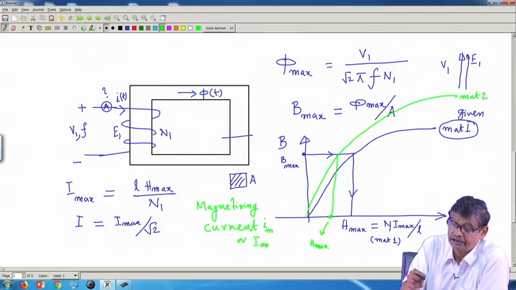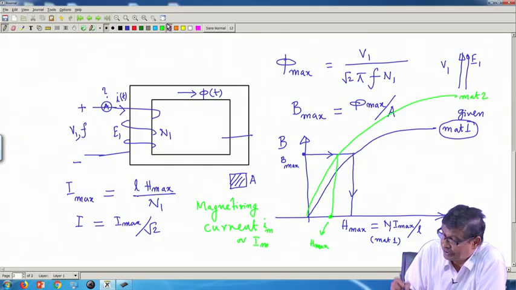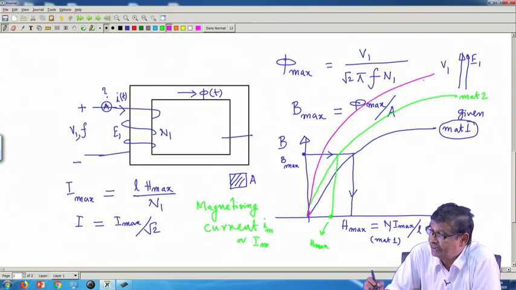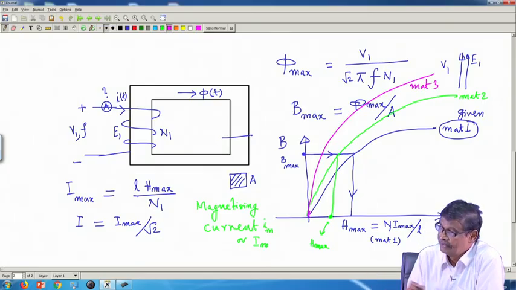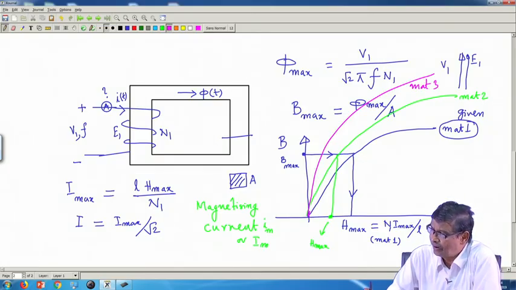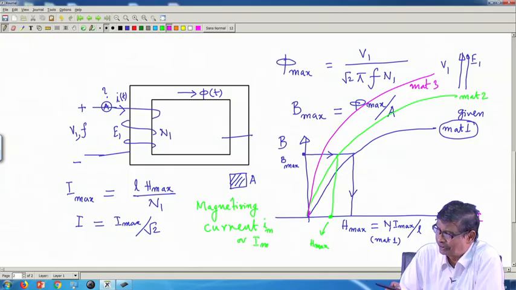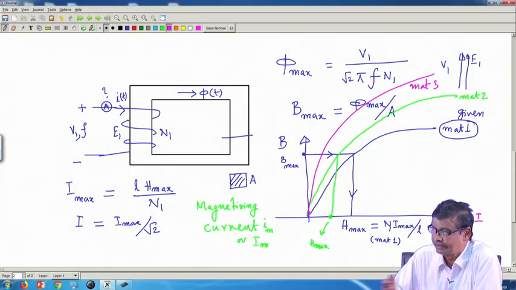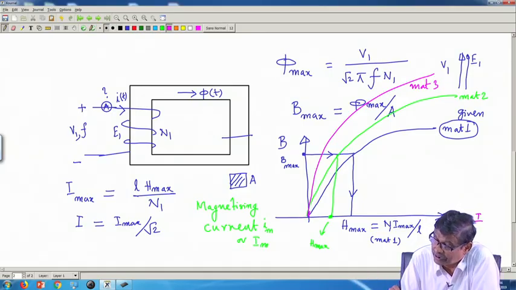Suppose somebody says, I will replace this by another material whose BH curve is like this, material 3. So, this axis is H or also I. Let us forget about this constant N by L. This axis also represents the current drawn. Therefore, the current drawn, because phi max remains the same,